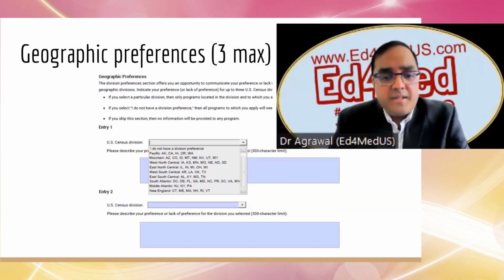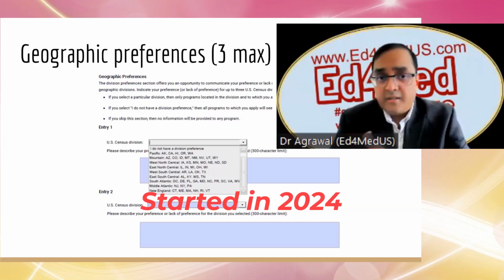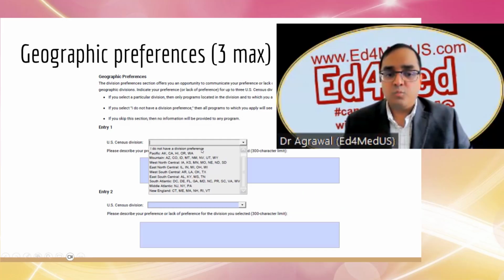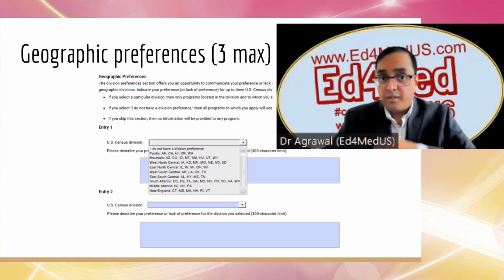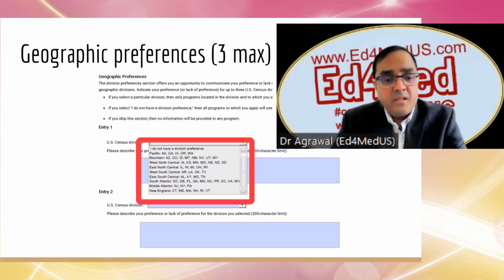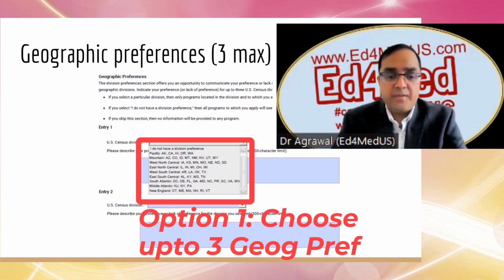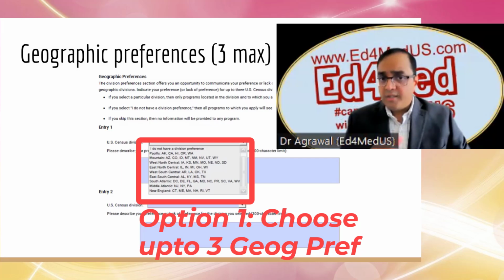All right, let's talk about the next part, which is about geographic preferences. This is something, again, that's new in the ERAS for 2024. Now you can choose which geographic region you prefer to do your residency in, Pacific, Mountain, and so many out there. Now you can choose up to 3 geographic regions.